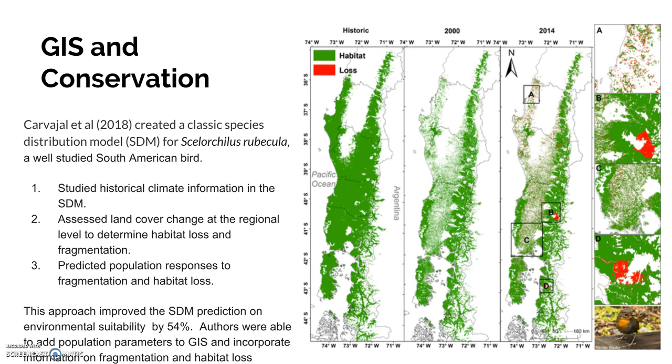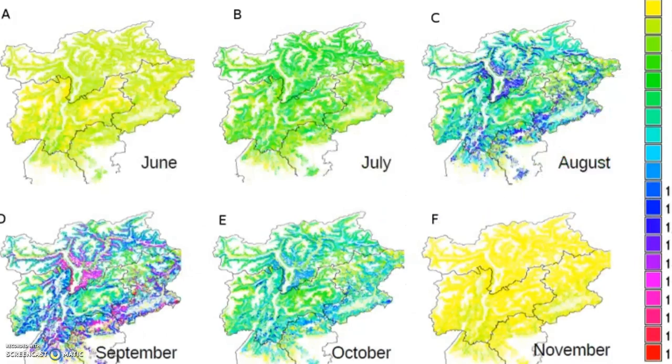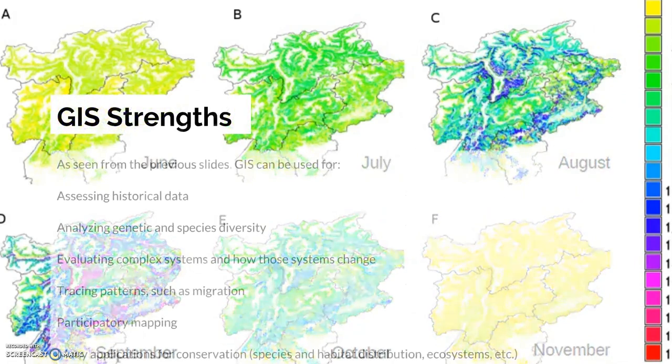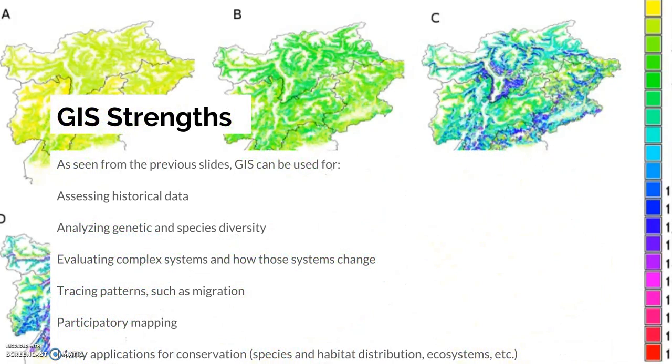Really what they found was that taking all of these different data pieces together improved the approach of this classic species distribution model. So again, using GIS as an additional tool in conservation had a lot of benefits to it. And then, just to summarize some GIS strengths that we see from these example studies,